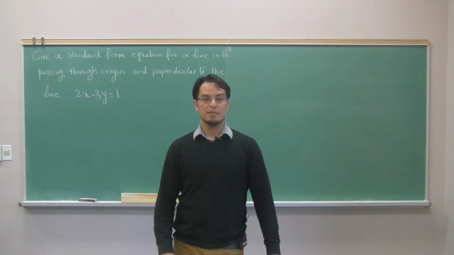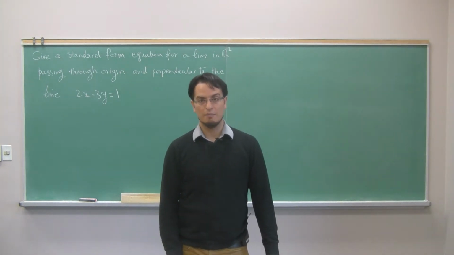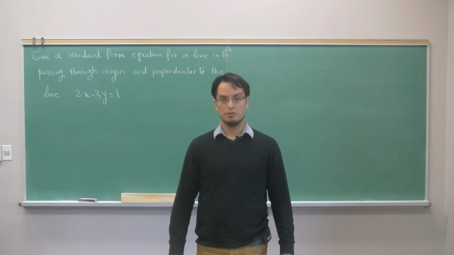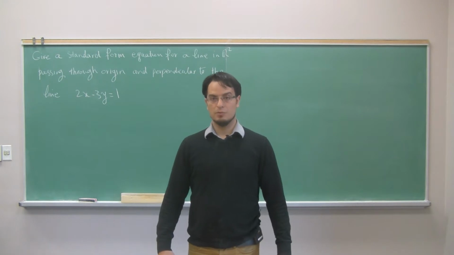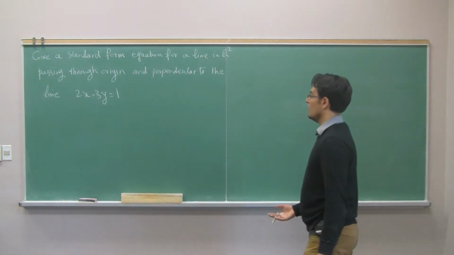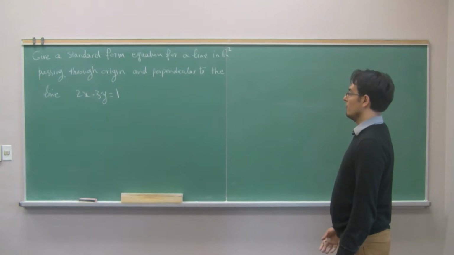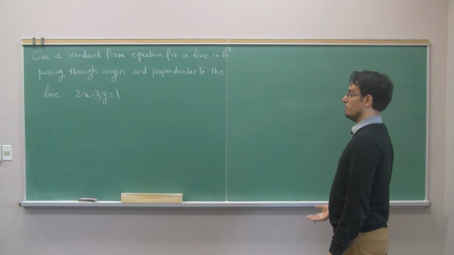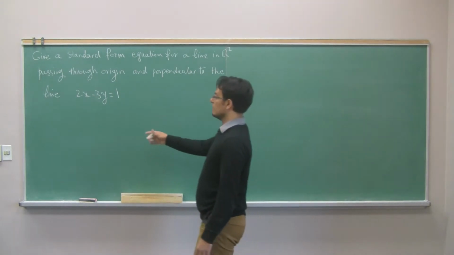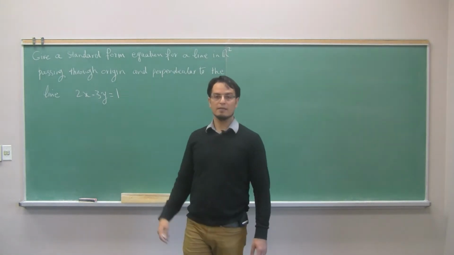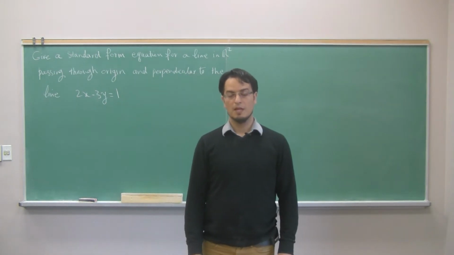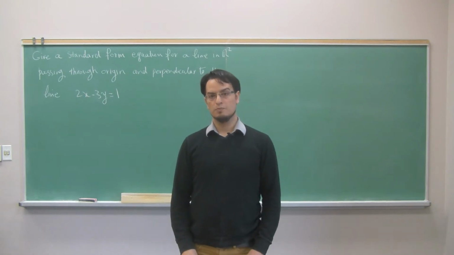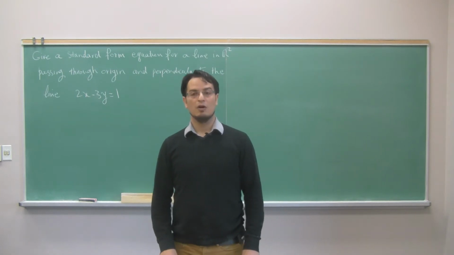Hello everyone. In this Labtube, I will solve an example of a form of questions which I receive a lot of comments about. Let's see what is the question. Question asks to find a standard form of a line in R2 which is perpendicular to a given line and passes through the origin. The source of the confusion for questions like this goes back to the fact that